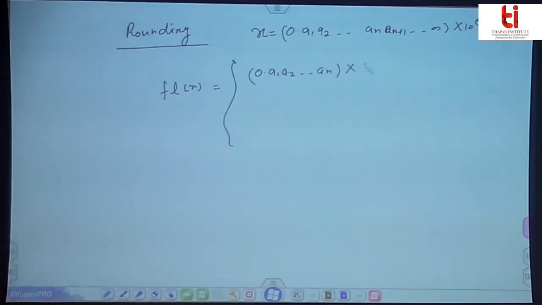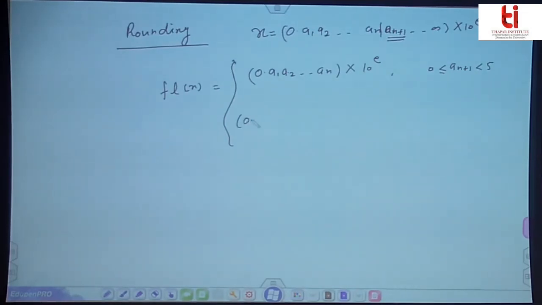into 10 raised to power e, whenever a(n+1) is less than 5 or greater than or equal to 5. Okay, so when rounding we are using, just keep in mind that we want to take n terms, so we have to check what the next term is. If the next term is less than 5, then floating of x will be equivalent to the chopping. Whenever a(n+1) is greater than or equal to 5, in that case we are getting floating of x as